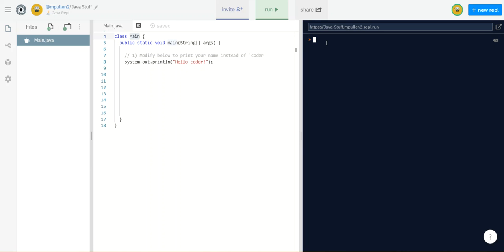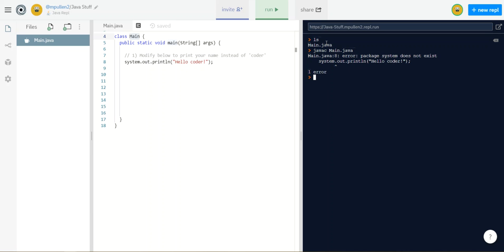Just a couple of tricks to help you get started. Number one, if you type in the command ls, that gives you a list of the programs that are available. If you want to compile the program, you can run a command called javac, which is Java compile. And I'll do that right now. You can do javac main.java,